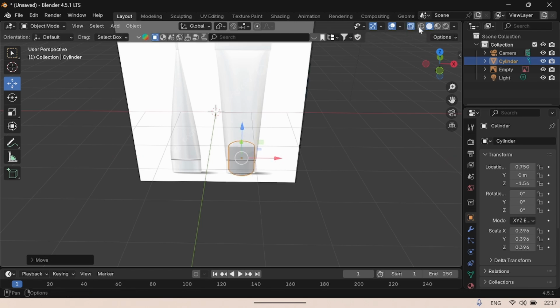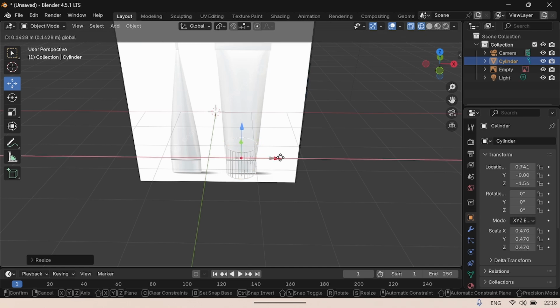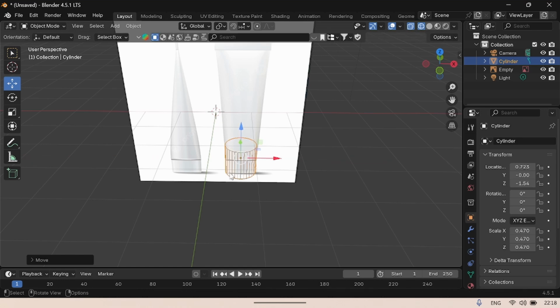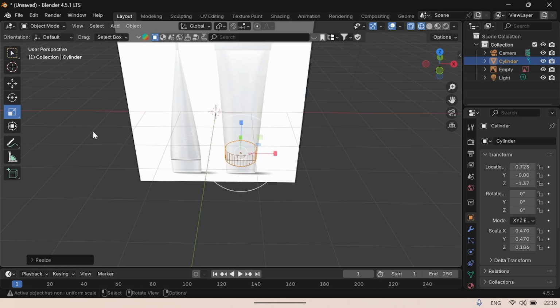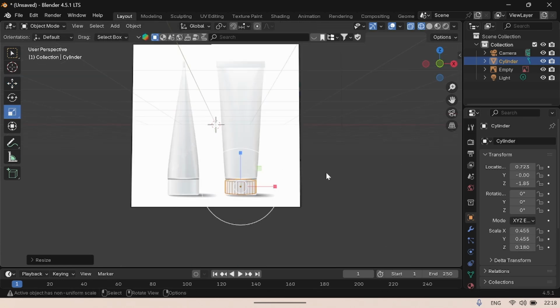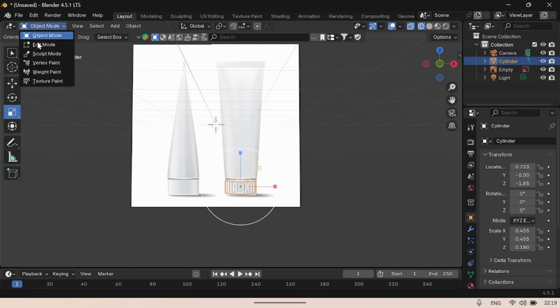I'm going to create a mesh selection so that then I'm going to scale it along the x-axis and reduce the size. I think that should be okay. No, let me increase it further a bit. Let me see how. Okay, with that selected, I'm going to come to edit mode,